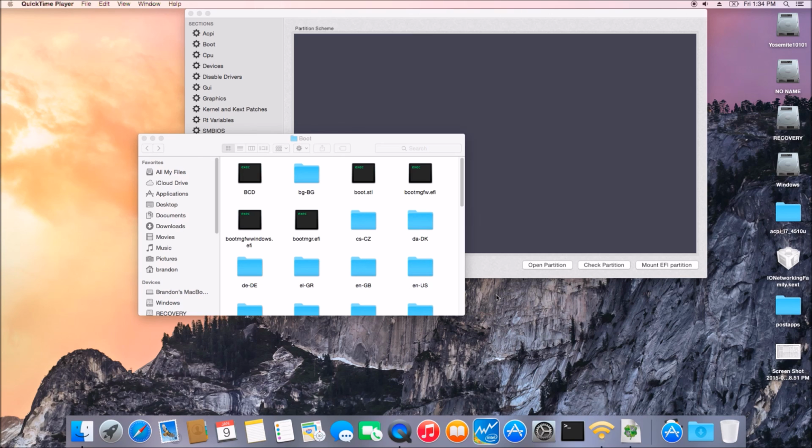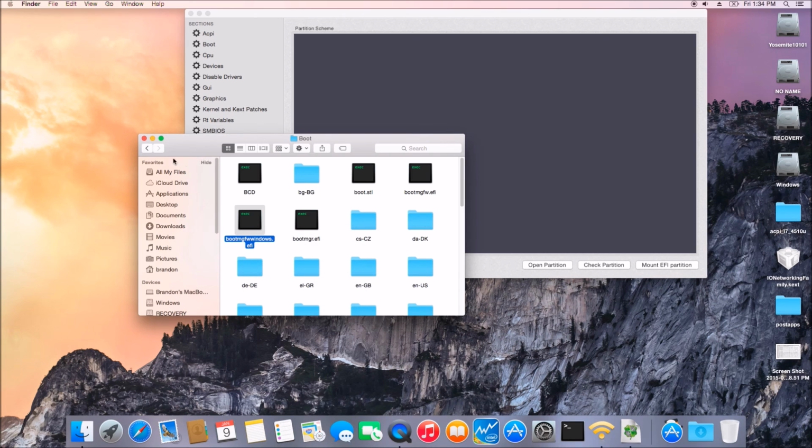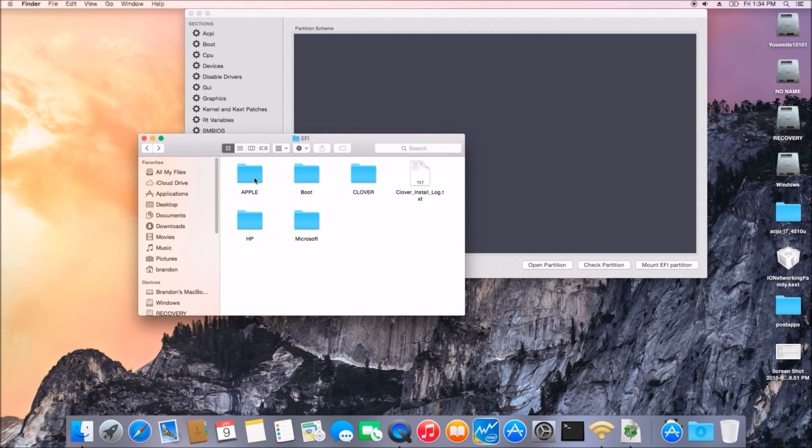window with the Clover. So we need to copy this one, to the boot EFI. See, this is the folder EFI boot. Alright, so we paste it here. We rename this one Clover, and we change this one back to